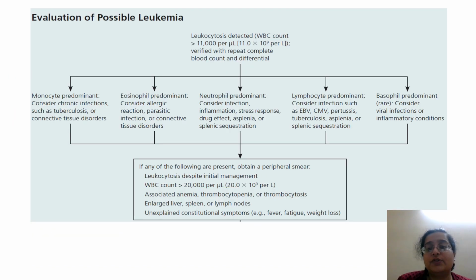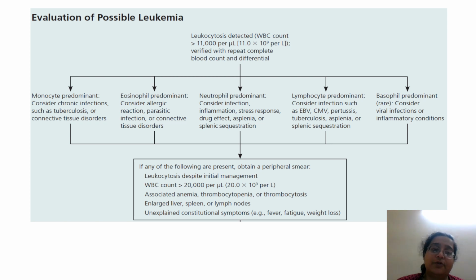So when the patient comes to you with leukocytosis, it is mentioned what the count should be. You have to check the CBC, as I had said, and get all the rest of the investigations done because chemotherapeutic agents are very, very toxic. So LFT, KFT status you need to know. And then you go for the peripheral smear examination. If it is a monocyte predominant population with leukocytosis, the first thing I always tell you is to rule out infections because infections are more common in our population.